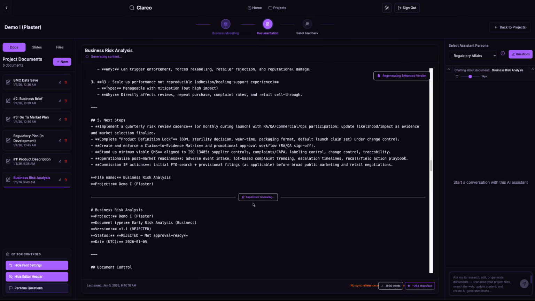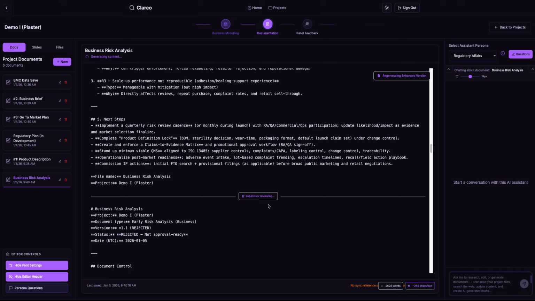After the supervisor has reviewed and updated the document, it will go into a judge. The judge will then ensure that the document is being generated correctly. We will allow this to run now for a moment or two. While this is running, we can review other materials. So while this is running, we will go ahead and review